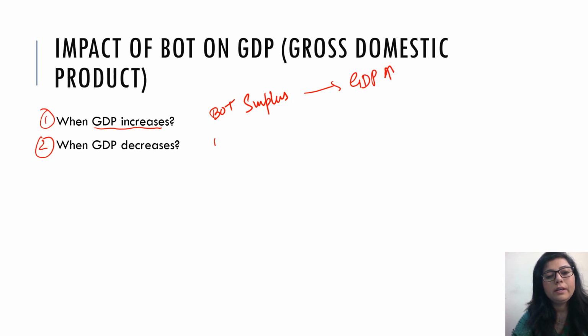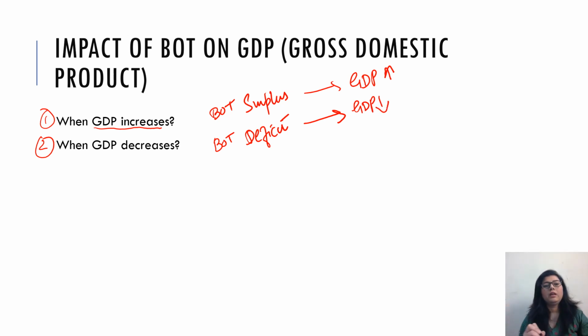On the other hand, if there is a balance of trade deficit in any XYZ country, the GDP will decrease, because surplus means a lot of money is coming into our country, which also helps GDP increase, but deficit contributes to the reduction of